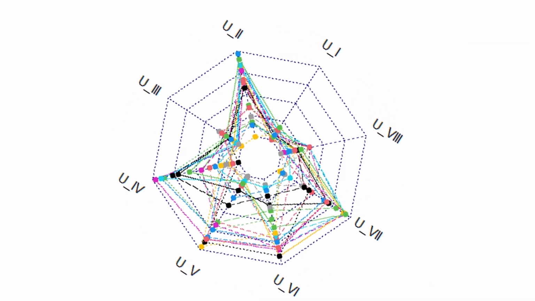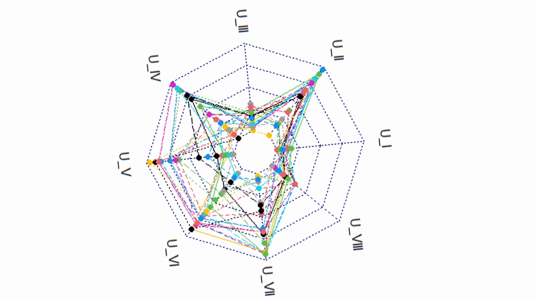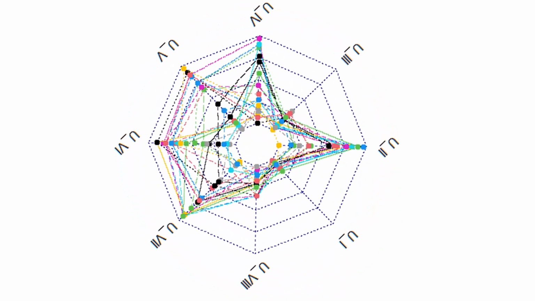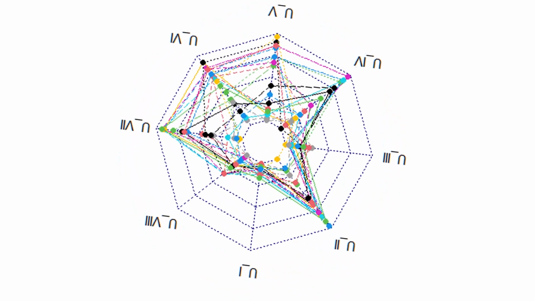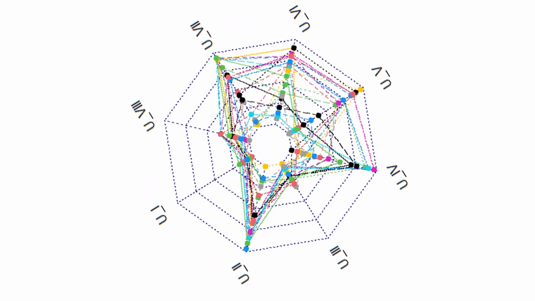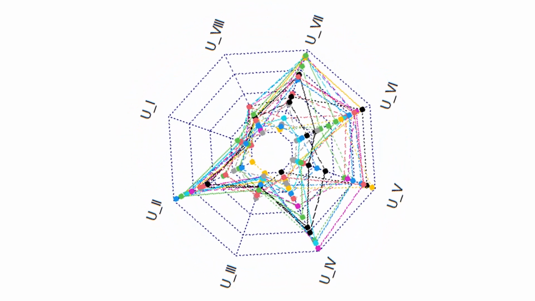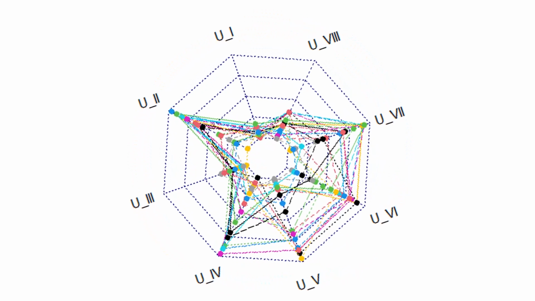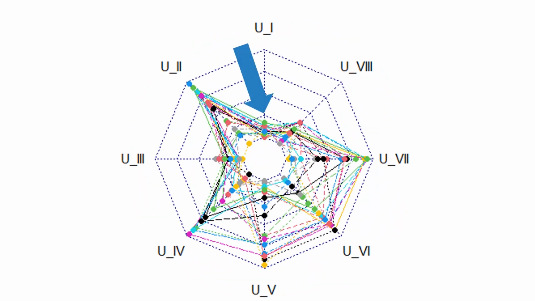Radar charts are a popular type of visualization used to see performance, to rank performance. Here in this example, I have showed performance of 20 students of a class in 8 units. It is seen that Unit 1, Unit 3 and Unit 8 students' performance is less as compared to other units. And this is just one example.